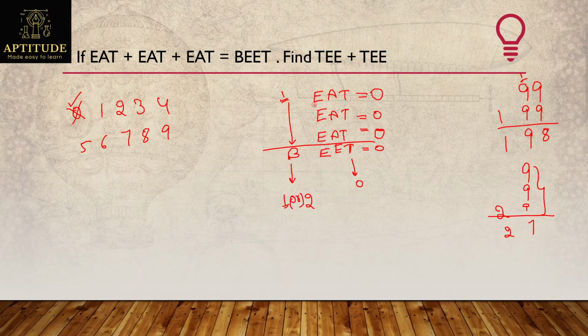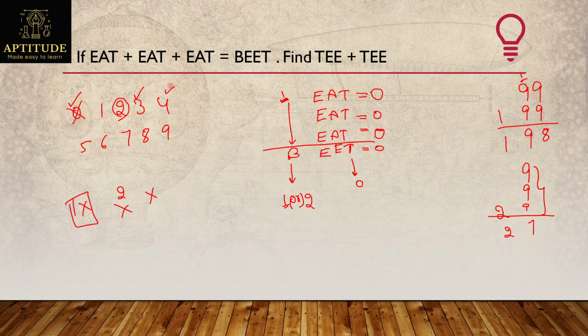And coming to this E and A, how to take this one? A very simple logic is there. See this. I'm adding E 3 times, I should get a carryover definitely. Which means E value cannot be 1. If E becomes 1, what happens? 1 plus 1 plus 1, I'll get 3, but I'm not getting a carryover here, either 1 or 2. So E value cannot be 1. Similarly, E value cannot be 2 also. 3 2s will be 6, not giving a carryover. E value cannot be 3 also. 3 3s will be 9.